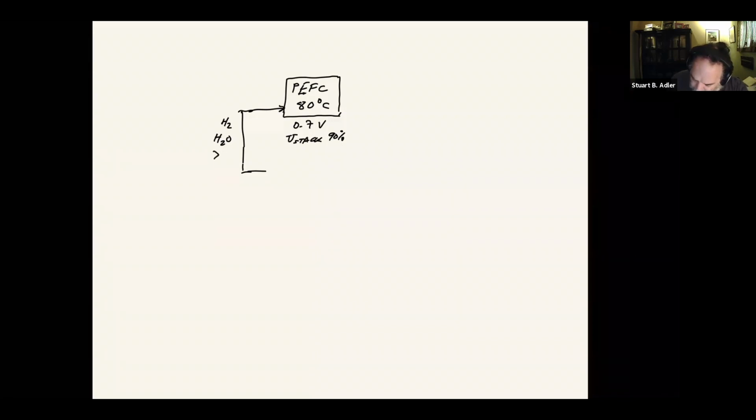If the gases go in at the same temperature as they go out, how do we provide cooling? In a SOFC, we have no choice. This is done with high flows of excess air. In a PEFC, we have more options. And one of those is to directly cool the stack. And that's usually done with water. So in addition to the feeds of gases, we also tend to run some cooling water. Water will leave at 80 C. Maybe we'll feed that in at 60 degrees C. It's like cooling an engine block of your car. We have this recirculating water, it goes to a radiator, it comes back cooler,